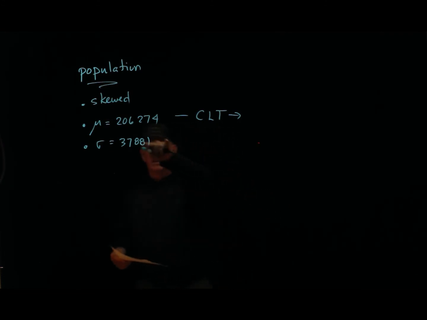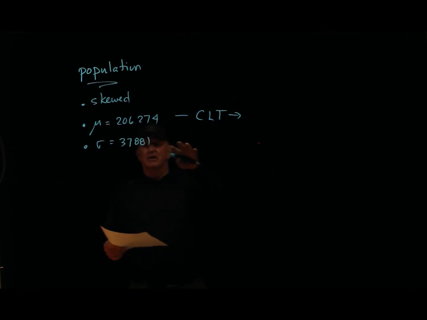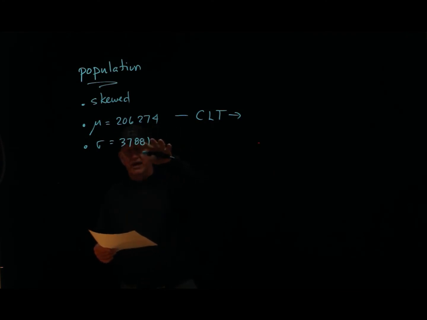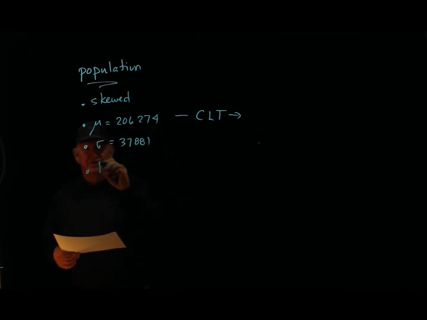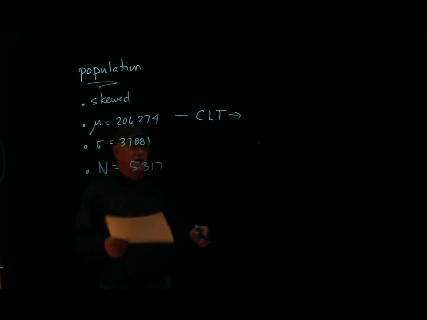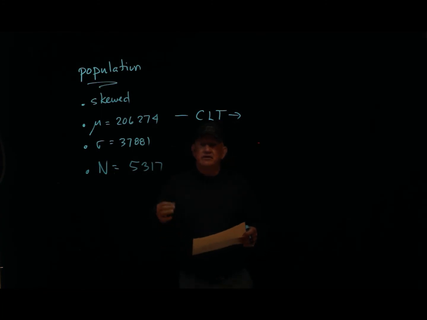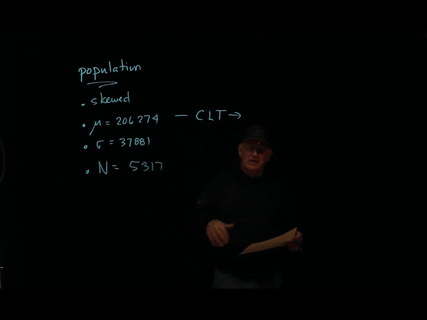There's an awful lot of size 100 simple random samples in a population that has a size of 5,317. If you take each one of those samples and take the mean and find the distribution of those sample means,